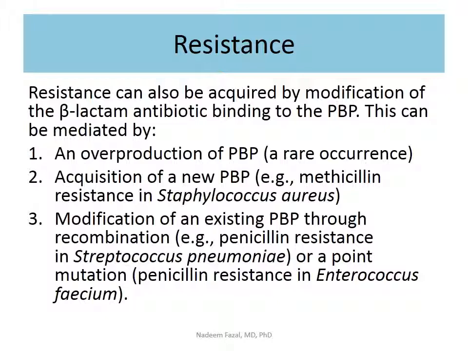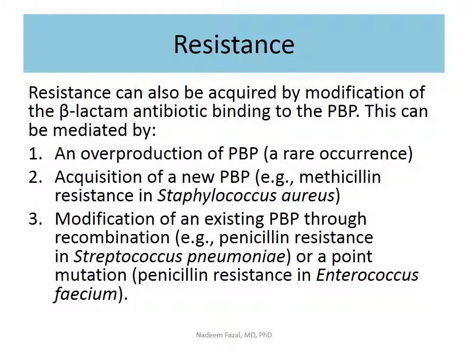So what happens in this case is that the bacteria acquires a new penicillin binding protein. You make an antibiotic, a penicillin, that should go and bind the penicillin binding protein for an action, but whatever you made would never come and bind to it. So that's basically the basis of MRSA, the problem in MRSA, which is methicillin-resistant Staph aureus. And you will see that typically the bacteria acquires a new PBP and you are not sure where the antibiotic is going